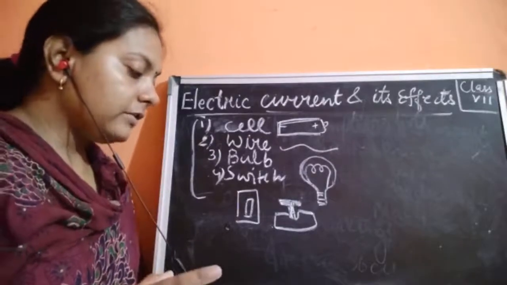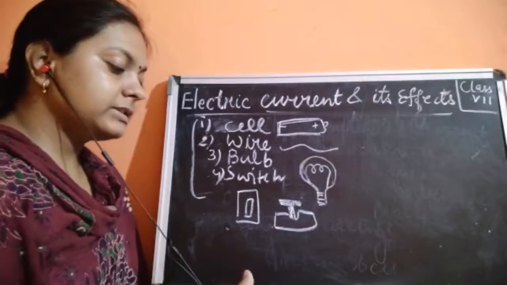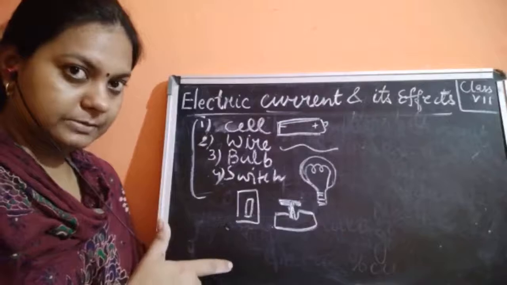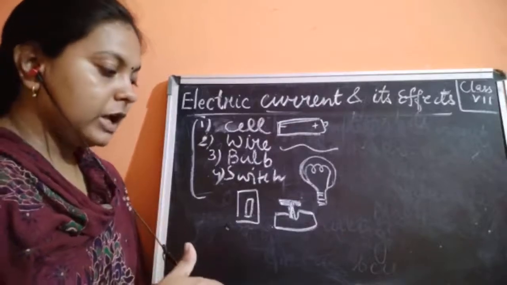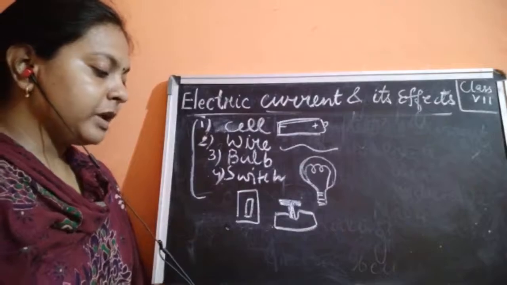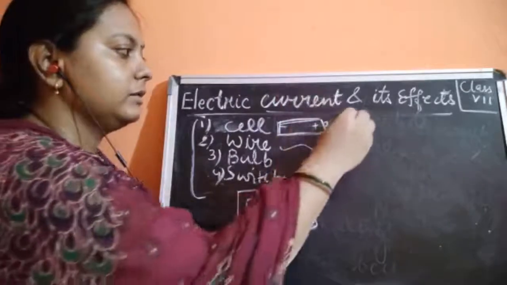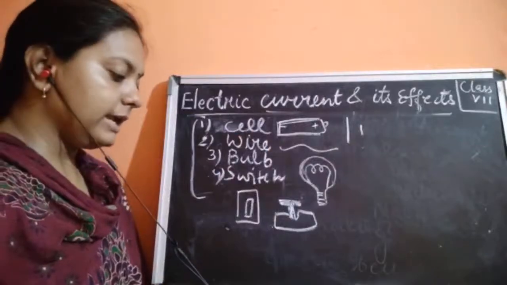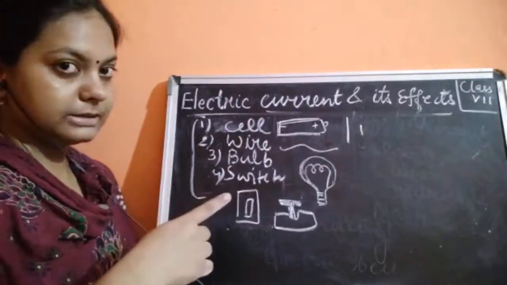Fine. Now however, in this book we shall be using the symbols which are given there in your table form. Just simply read it and look at the symbols carefully. In the symbols of the electric cell, notice that there is a long line and a short line. I'm just drawing the symbols here also.